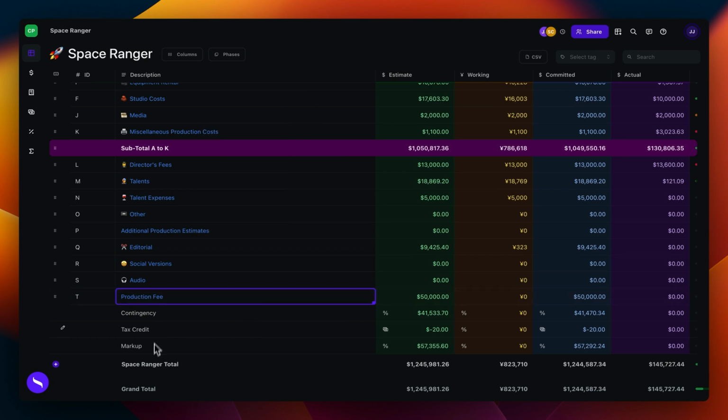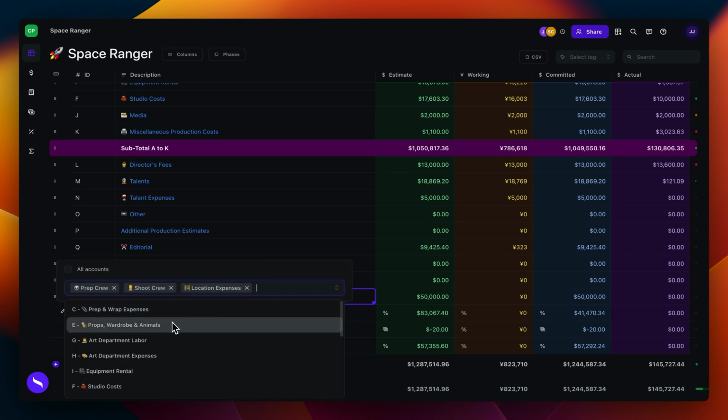So here I've created a contingency, and I can come over here and change the percentage. So let's just say this would be 10% and it'll automatically update. I can also change this to a flat if I wanted to. I can even, if I come over here, choose which accounts are selected. So if I, for whatever reason, couldn't mark up everything, I could select which ones are included into that and it'll